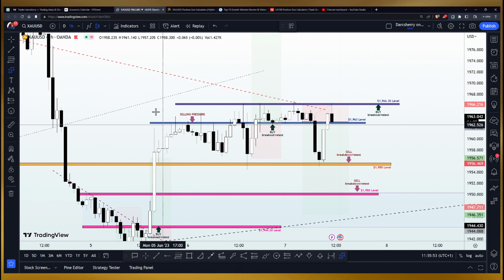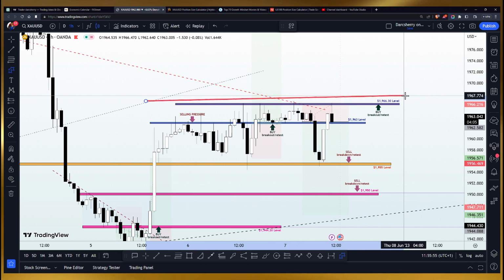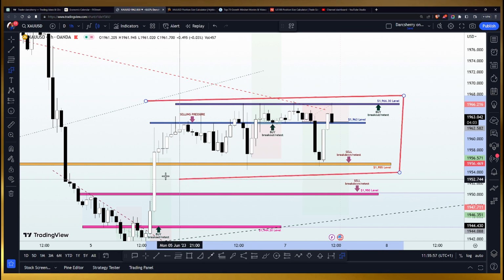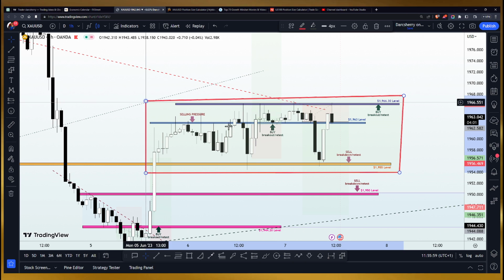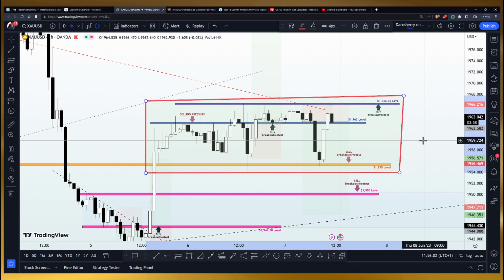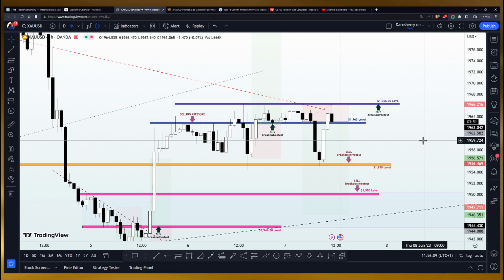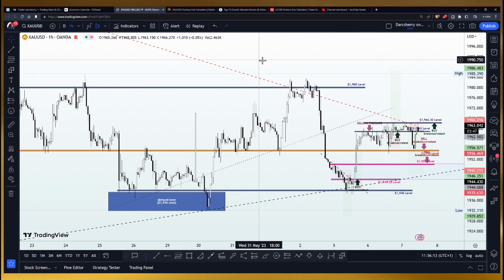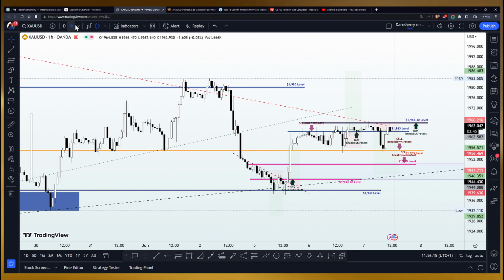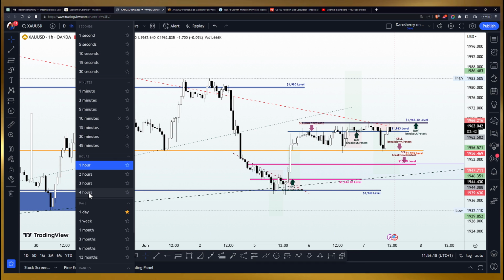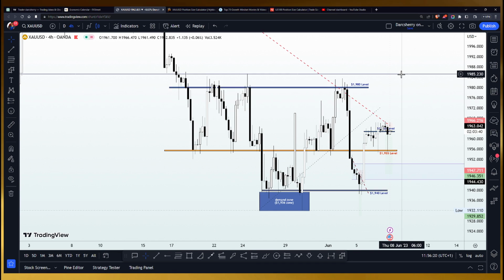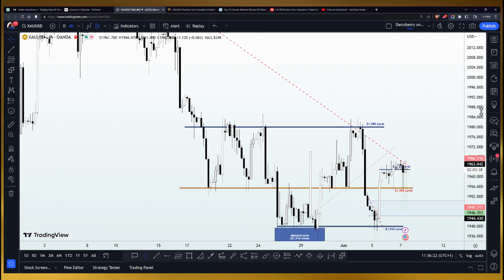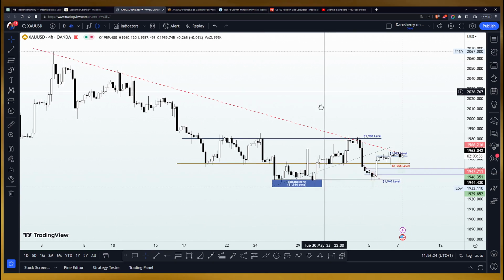So we have a simple flat channel already, where price is ranging between the 1,966 and the 1,955. So we obviously want to wait for either a breakout or breakdown of this range to give us an opportunity to buy or sell. Now, another thing I would like to emphasize here is that we acknowledge on the higher time frame that price action has been bearish, remember. So let's go into the 4 hour time frame here and look at things from a holistic point of view. And this is what we saw at the beginning of the week.